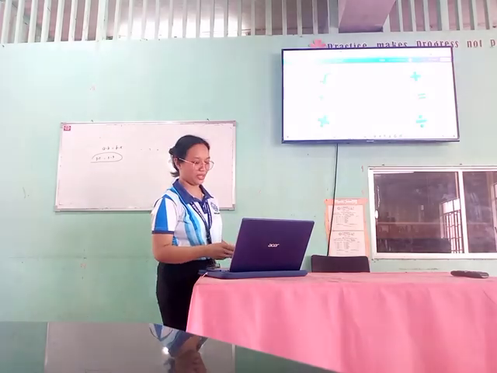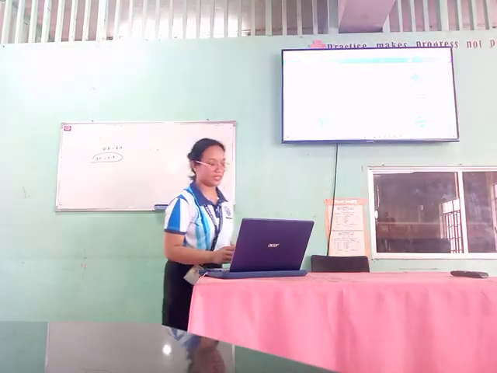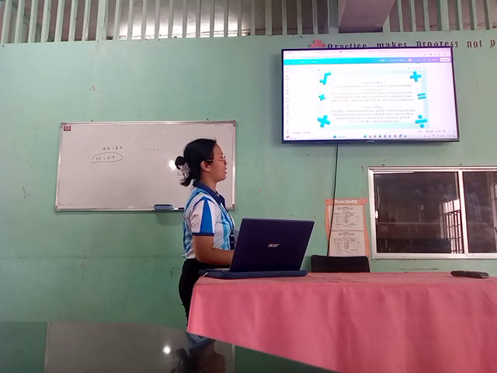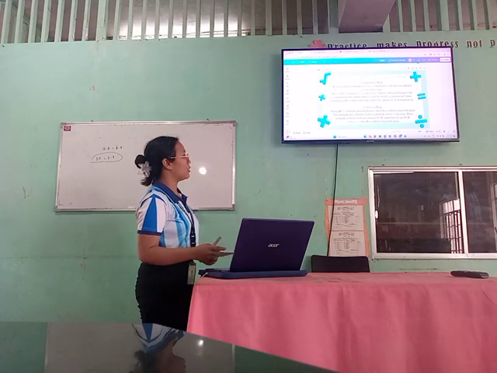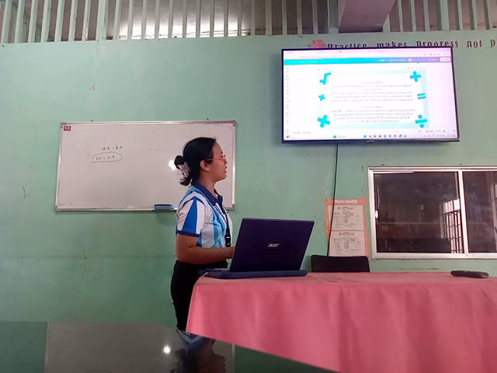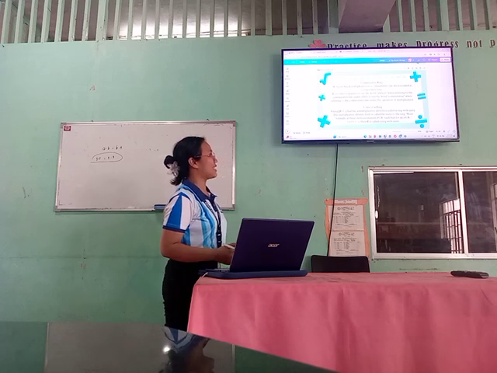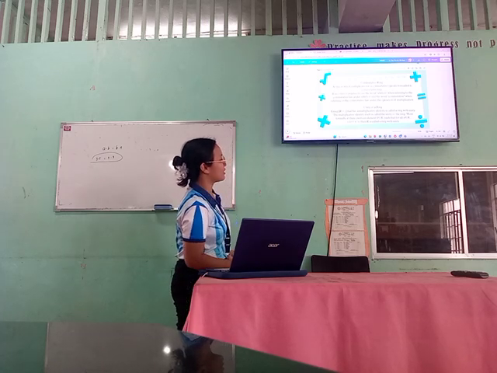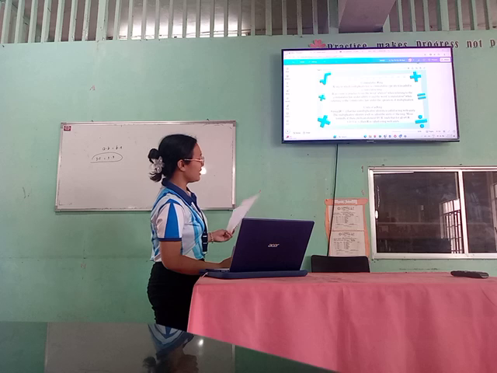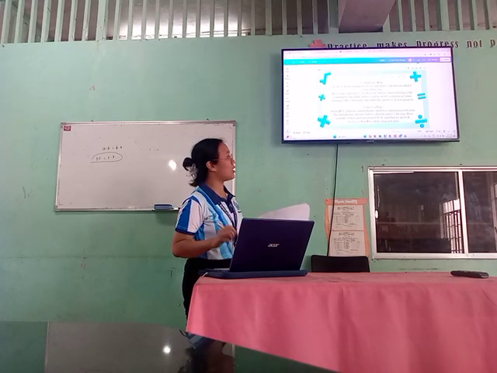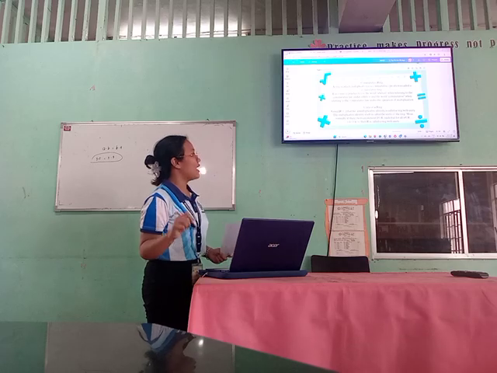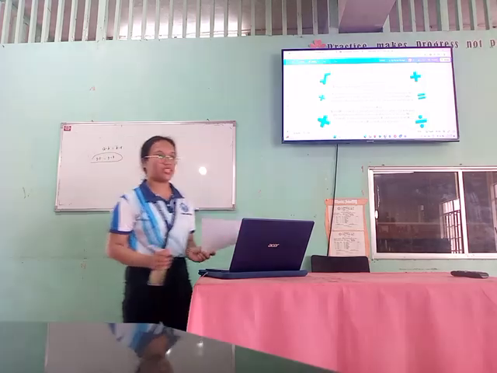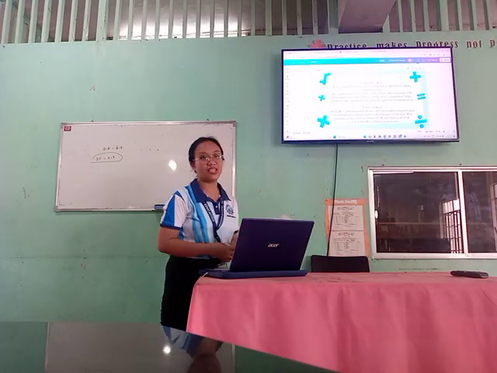This is the commutative ring. And next we have the unity of rings. It states here that a ring that has a multiplicative identity is called a ring with a unity. So the multiplicative identity itself is called the unity of the ring. So if there exists an element 1, which is an element in R, such that for all x in R, x times 1 is equal to 1 times x is equal to x, then R is called a ring with unity. So the ring of integers is considered a ring with unity.